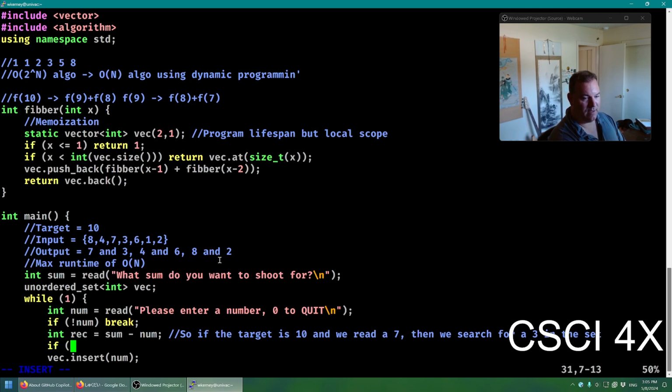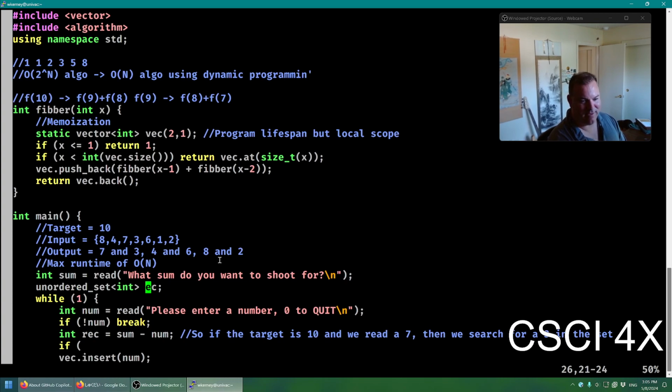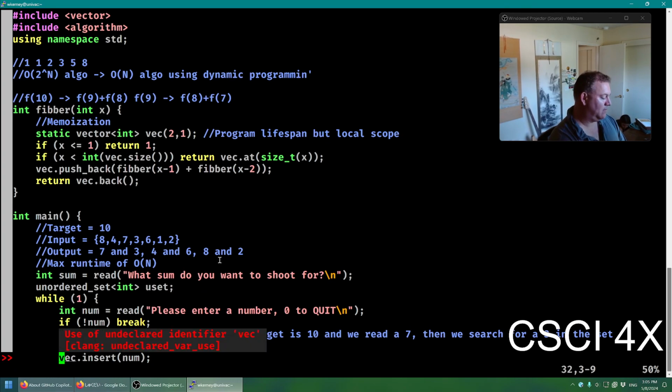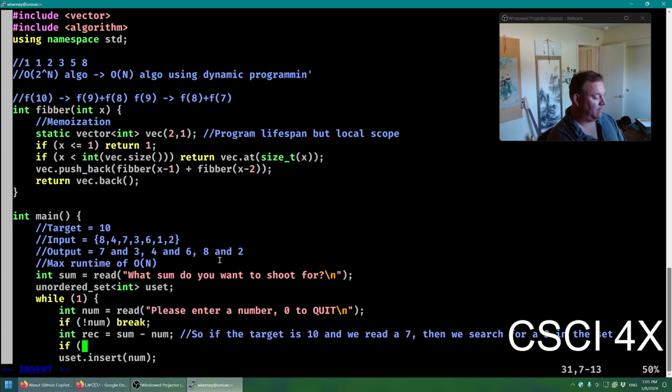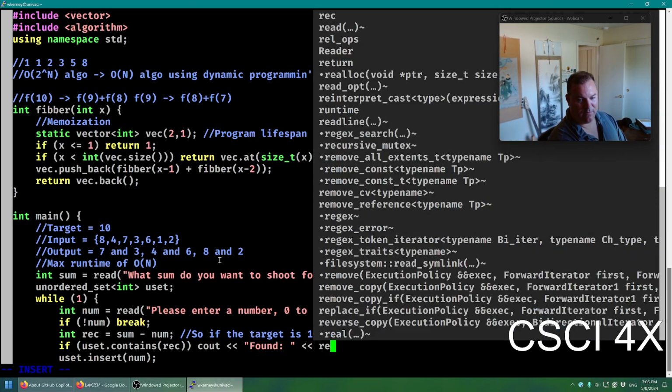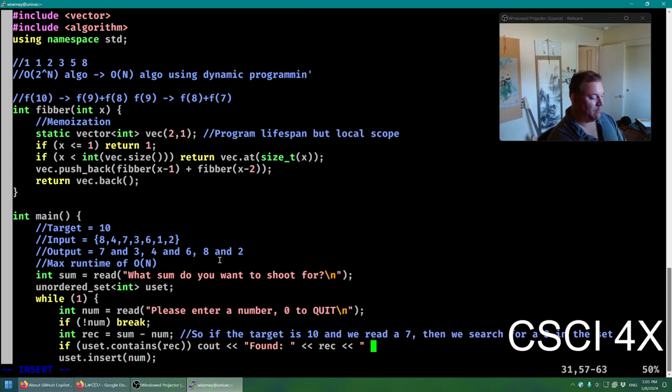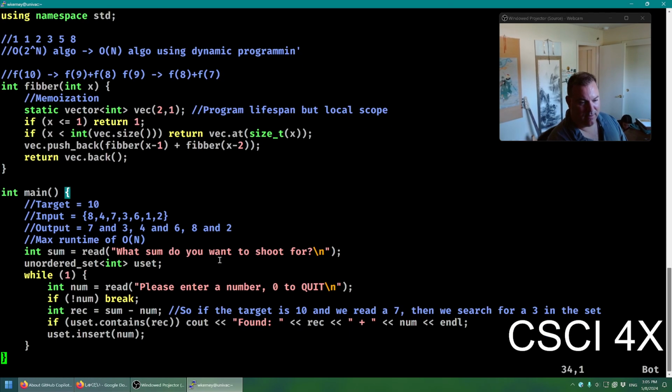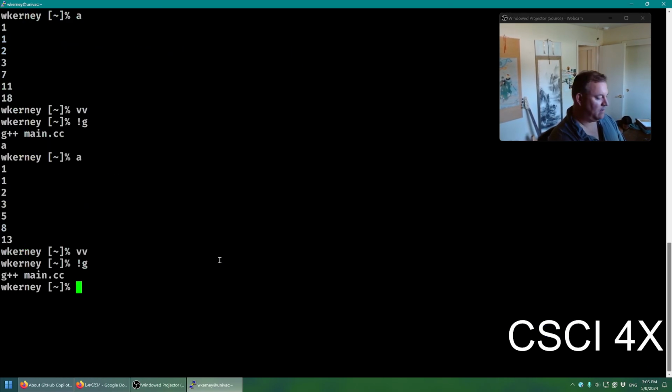So we say if, we should call it uset, unordered set, uset. So if uset dot contains the reciprocal, then we cout "found" the reciprocal plus the number we just read. And then we insert it, and that's it. So we actually don't even need a second